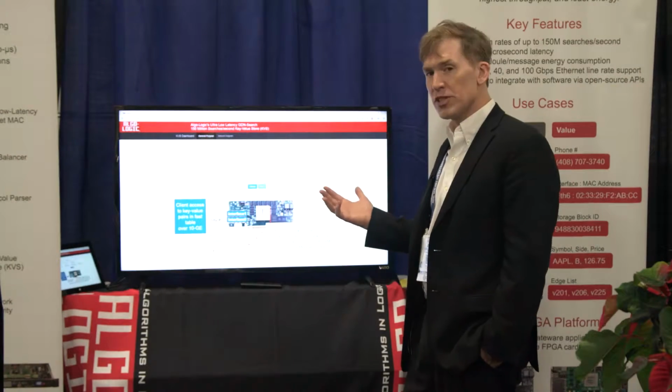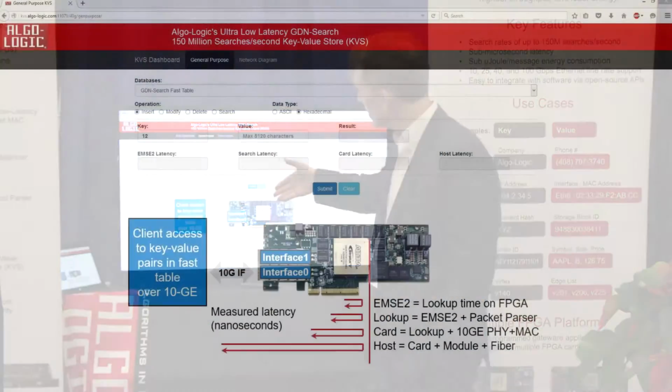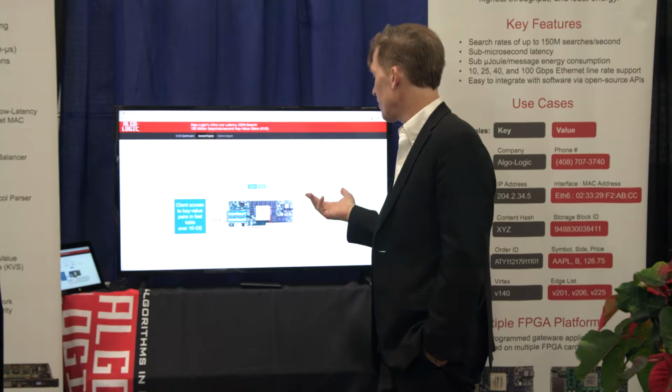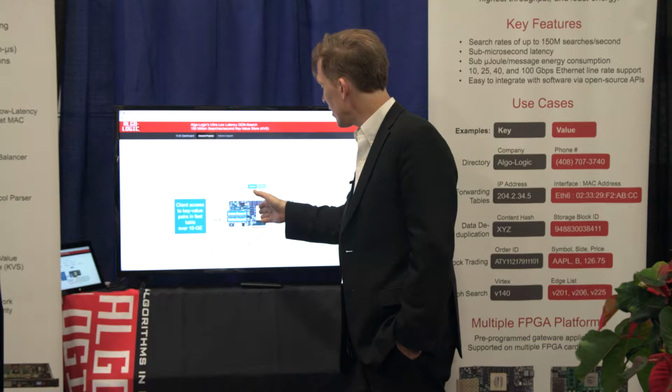So we've done detailed measurements of the key value store. On the key value store we can measure the latency within the chip, the latency going out to the interface, the latency going out to the network, and the latency going out to the end host that's processing this. The fastest latency, of course, is the on-chip latency. In our case, the on-chip latency can be measured in nanoseconds: our lookup engine can resolve a key value pair in about 200 nanoseconds and give a result back to the FPGA logic that's